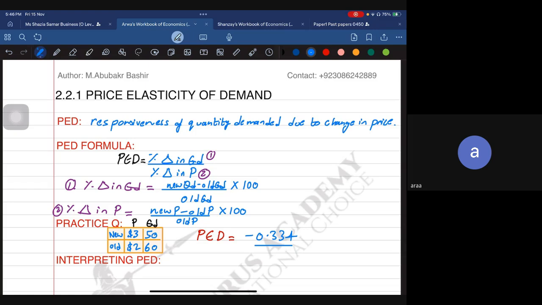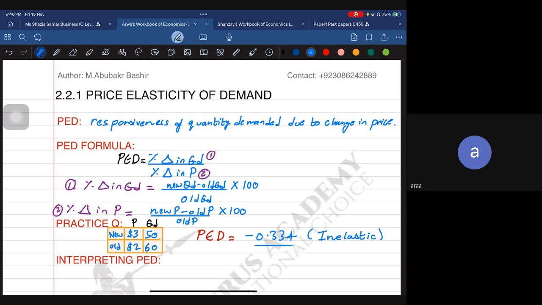Oh, wait, sorry. No, it's the value that's telling you. If it's lower than one, that value tells you that. If it's higher than one, then it has a price elastic demand. So what is the sign telling you then? Do we ignore the sign? I'm not sure about the sign, but